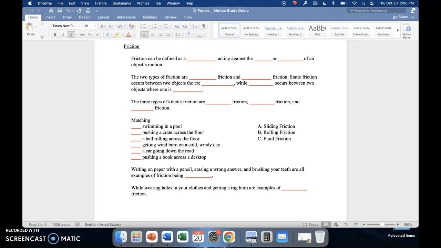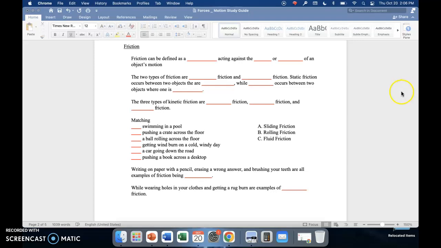Okay, now the problem is on Earth we never truly have balanced forces because there is always a force that is acting against the motion of an object, and we call that friction. Whether it's moving across the land, through the water, or through the air, there is going to be some resistance force here that is going to work against that motion. Okay, so